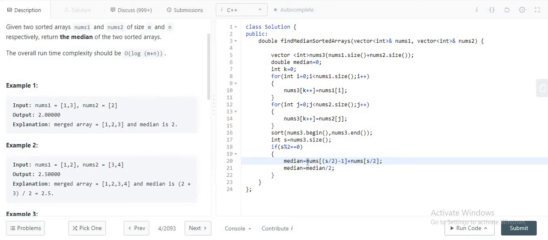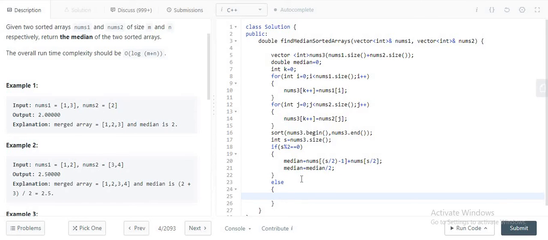So basically what we have done is, if the length of the vector is even, as you can see here the length of the vector is 4, we have to take the sum of the middle two elements, and then we have to divide it by 2, so we'll get the average, that is the median. Now this is 0, 1, 2, 3. Length is 4. So if we divide 4 by 2, we will come here, and 4 by 2 minus 1 will be here. So we are just summing these two elements and dividing by 2, so we will get the median.